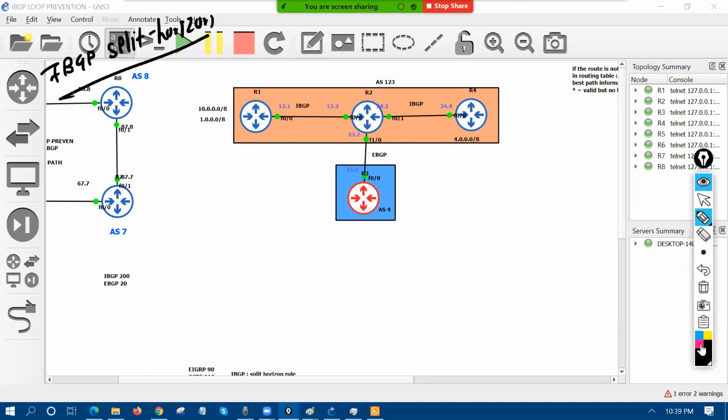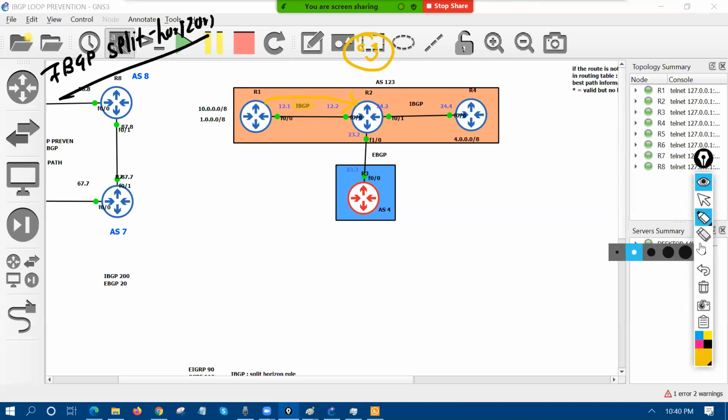To understand it, you just need to understand this part over there. This is present on R2. What is this saying? This is saying that whenever I'm receiving an update from an iBGP neighbor, and R1 is my iBGP neighbor,